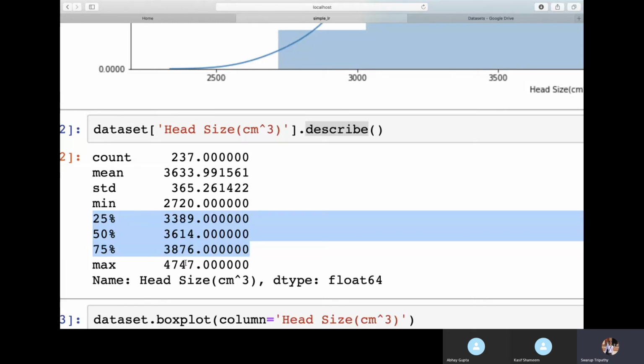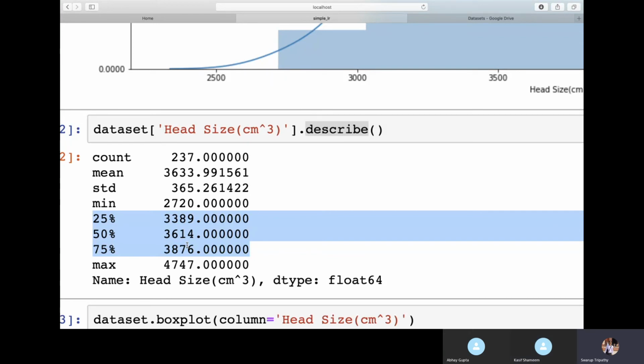So here we might see outliers within our data. We might see outliers as there is a bigger gap between your max value and the IQR as compared to the minimum and the IQR. You guys are getting this? Yes. Okay, so there might be some outliers here.